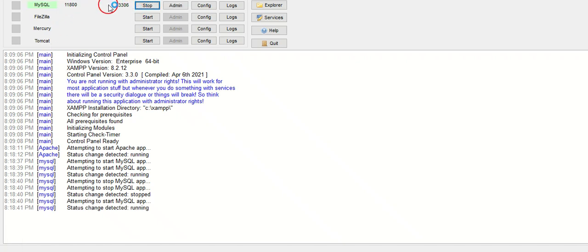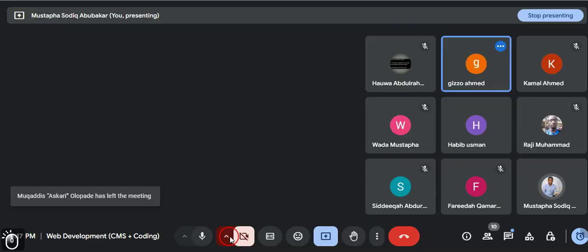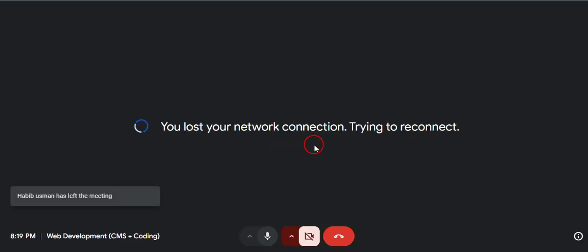This port, don't worry, we will learn about it more later. For those that are into React or Flutter, you will know more about ports. But let's just assume that you know it. Once you have started Apache and MySQL and they are running, it is because I'm already connected online that it's still working. But without that, everything. Oh my God, my network.